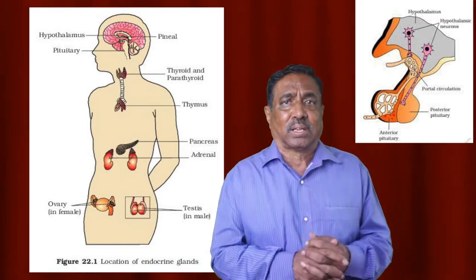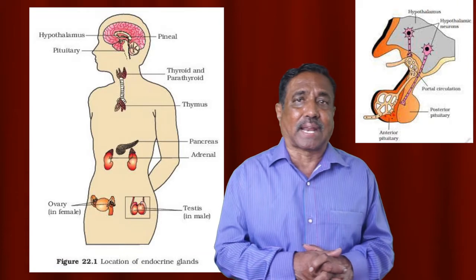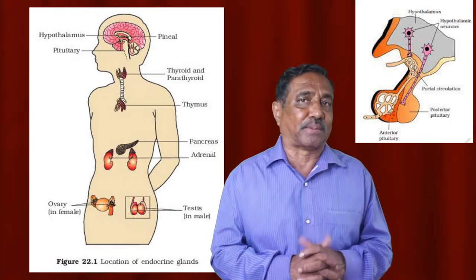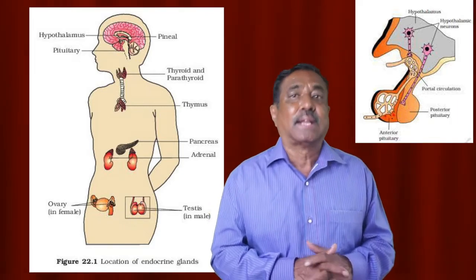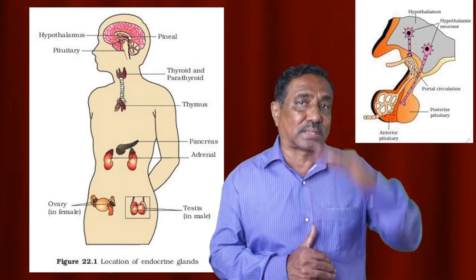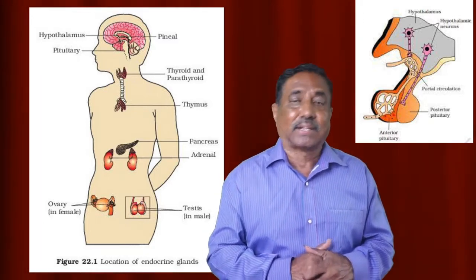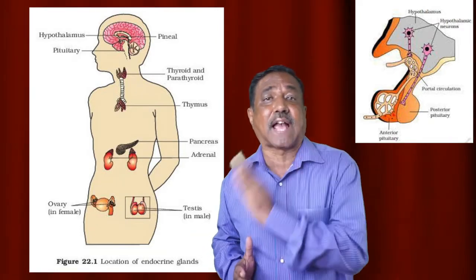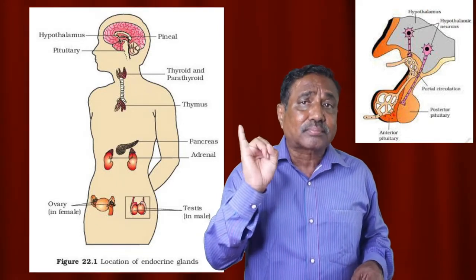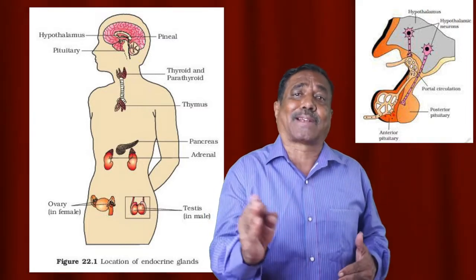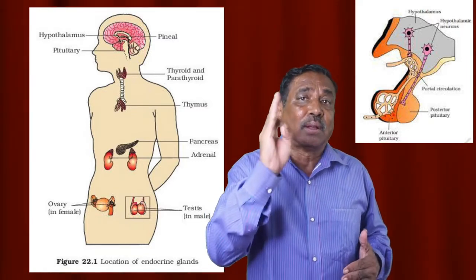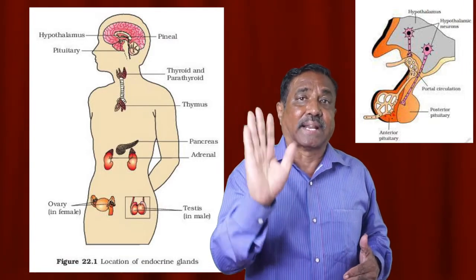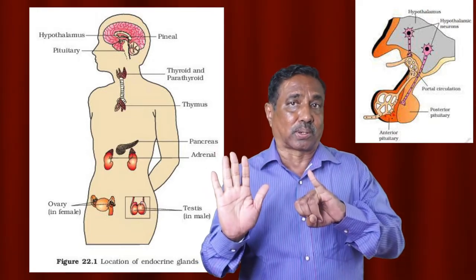And coming to the pituitary gland, two lobes can be differentiated, the anterior lobe and the posterior lobe. The anterior lobe is called adenohypophysis, the posterior lobe is called neurohypophysis. In the adenohypophysis, that is the anterior lobe of the pituitary gland, different hormones are secreted. If we give a code word, it is STACFLL: somatotropic hormone, thyroid stimulating hormone, adrenocorticotropic hormone, FSH follicle stimulating hormone, and then luteinizing hormone and luteotropic hormone.